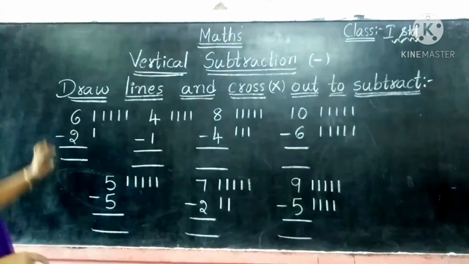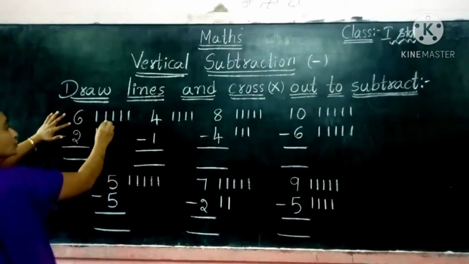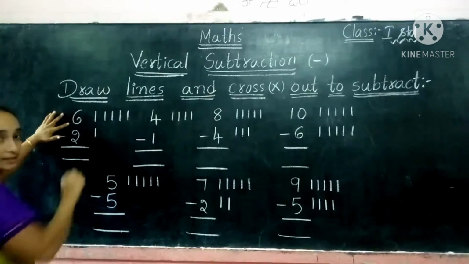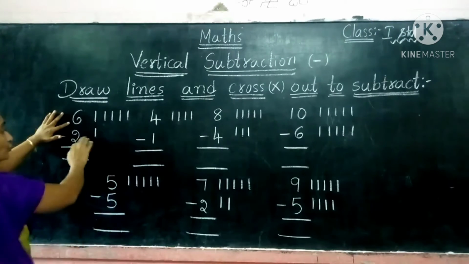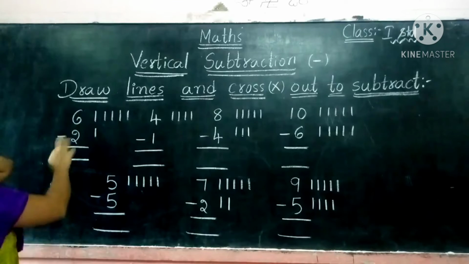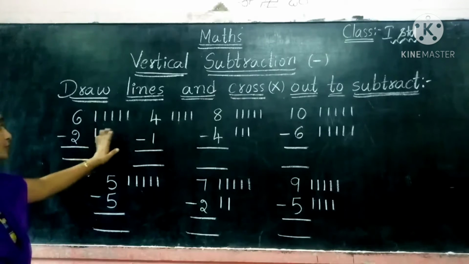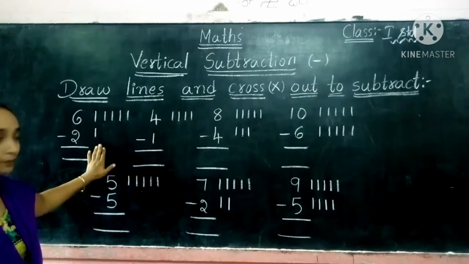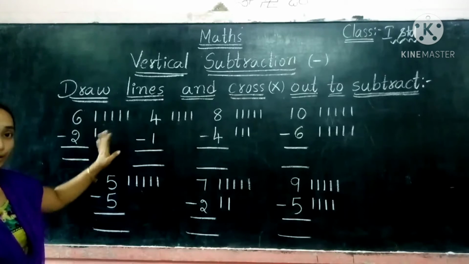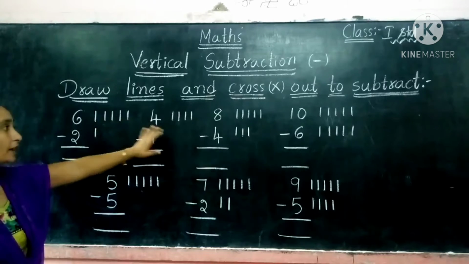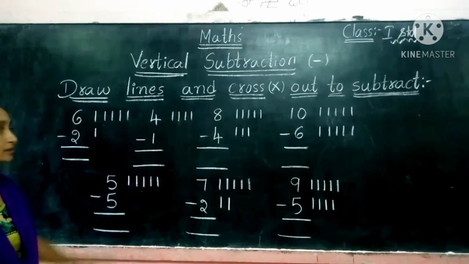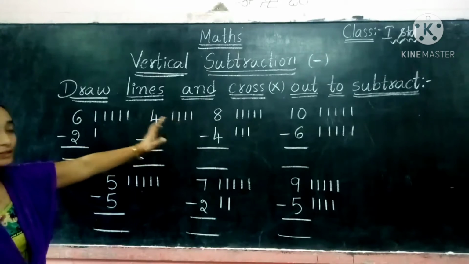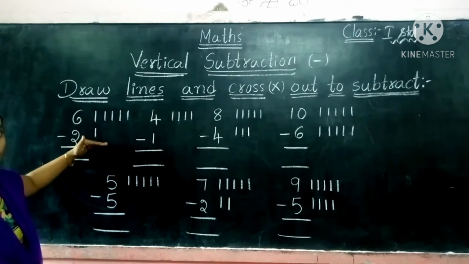Okay children? So 6. 1, 2, 3, 4, 5, 6. 6 lines I have drawn, children. You don't need to check this. The big number only. Here the place is not sufficient. So I can keep 5 here, children. Below the 5 there is sufficient space, but above the 5 the big line can't fit. So we can make the second line down here.